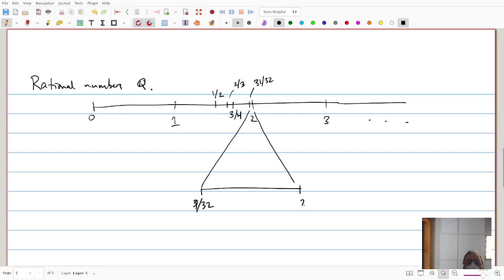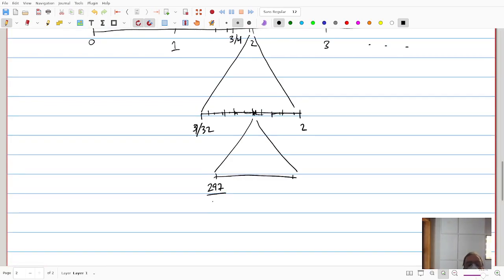1/32, and here's 2. Are there more rational numbers in between these? Sure, right? I could just take their average, for example. If I add them and divide by 2, I'll get something right here. I don't know what that would be. Or I could take 1/3 of the way along, or 5/7 of the way along. So there's actually going to be infinitely many rational numbers in there. And I could pick two really close together rational numbers, like this one and this one, and I could zoom way in, and maybe this is